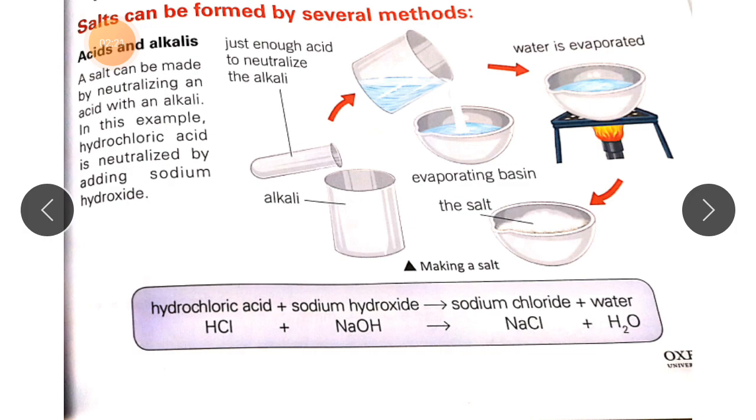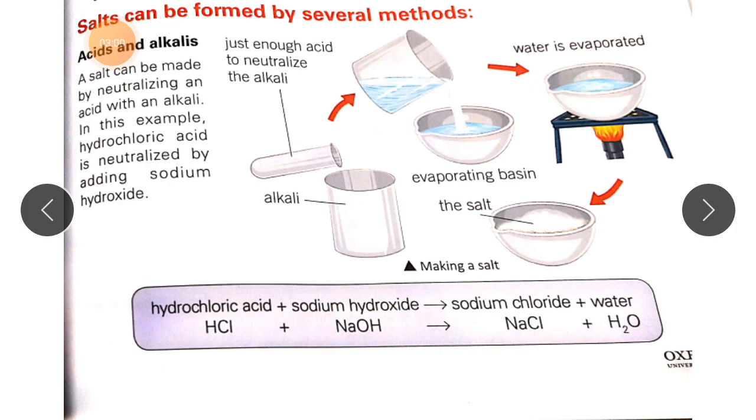Here you can see HCl has an H plus ion in it. As I told you in the previous class, a chemical having an H plus ion is known as an acid, and a chemical having an OH minus ion is known as an alkali. So sodium hydroxide is an alkali and HCl is an acid. The name of the acid is hydrochloric acid and the name of the alkali is sodium hydroxide. This alkali is also known as a base.